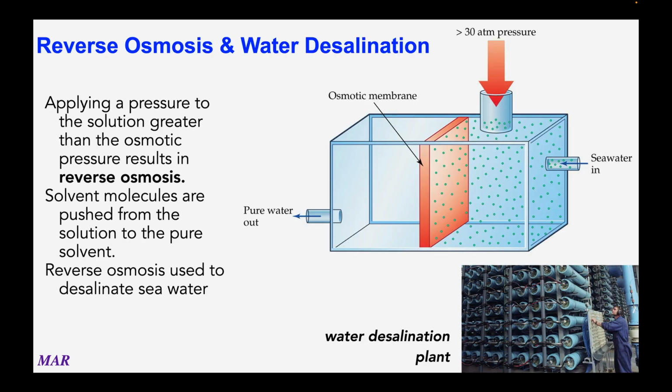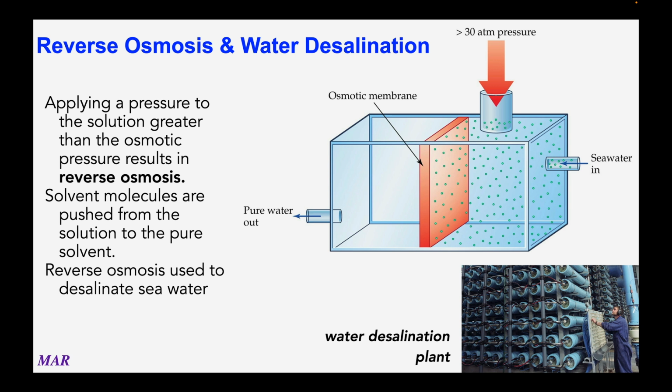Very cool. Water desalination is becoming a really important tool when you live in a city where there's not a lot of fresh water. At first, this was mostly used in the Middle East, where it's very hot in desert-like conditions, and there wasn't a lot of water. They would take the seawater, and they would essentially pressurize it. And if you pressurize the seawater hard enough, then it forces what normally happens, which is water molecules going from